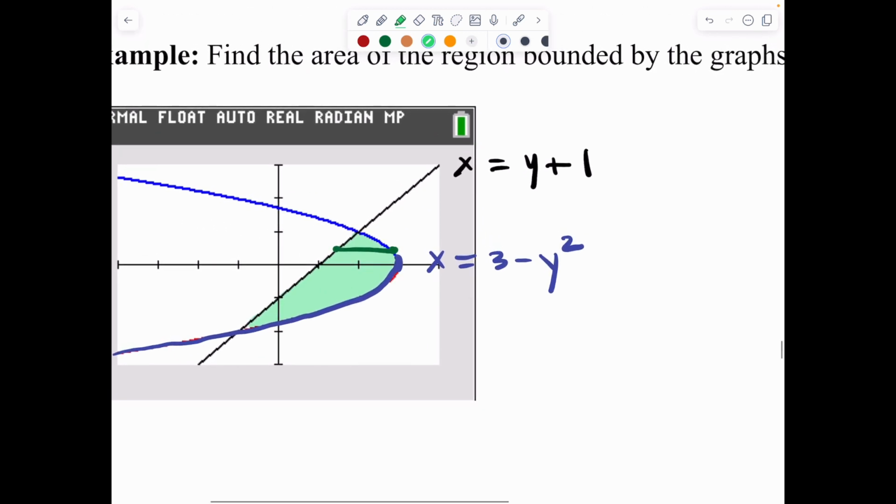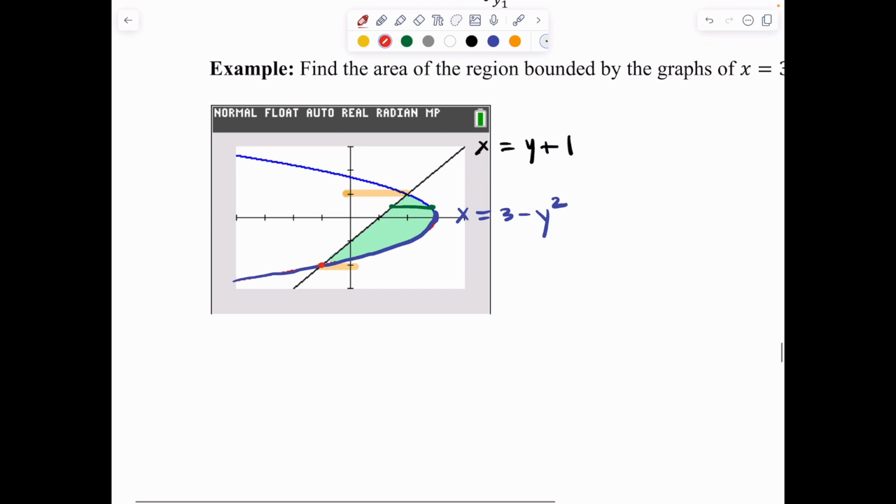Okay, so we need a little bit more information here. We do need to know what this y value would be, as well as what this y value would be, where their points of intersection occur. So we do need to figure out these points of intersection. And in order to do that, we want the y value now instead of the x value. So to find the points of intersection,